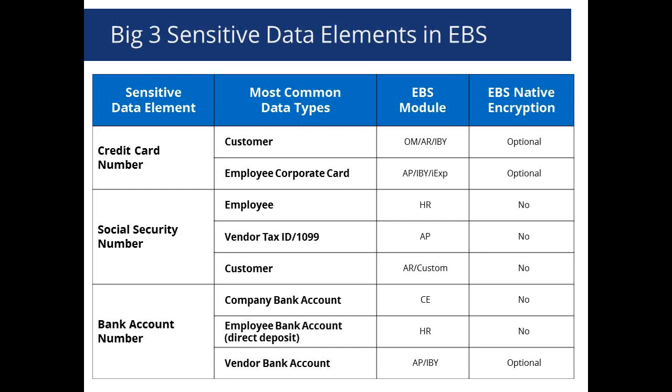Our recommendation is typically for people to really start addressing the big three, because if you can at least get started with these elements, it's much easier. It's a much smaller scope. You can find them easily within the database. They match very easily with regular expression patterns. The locations are fairly well known. And so if you try to tackle these big three data elements first in terms of your encryption project, you'll